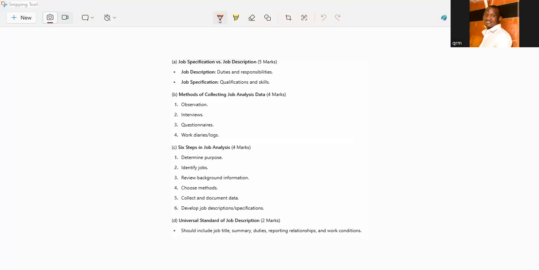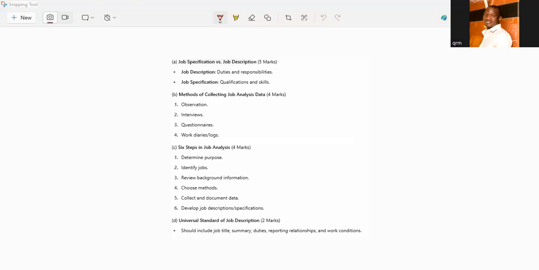So of the methods in job analysis, where data can be collected for various reasons to give insight in the roles and responsibility, observation is one of them, which involves you directly watching the employees as they perform their work. It's very useful for manual and repetitive or observable jobs. Here, the observers can record the work patterns, what equipment has been used, the workflow process, but it may not capture the mental and decision-making aspect.